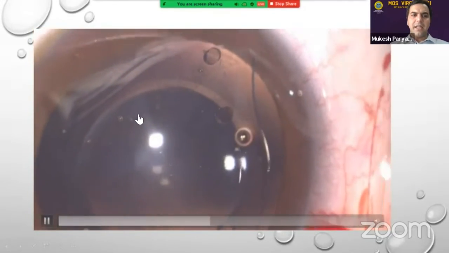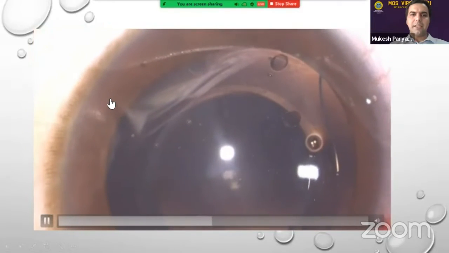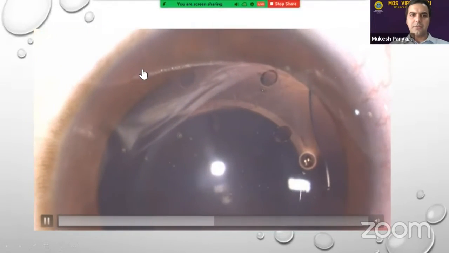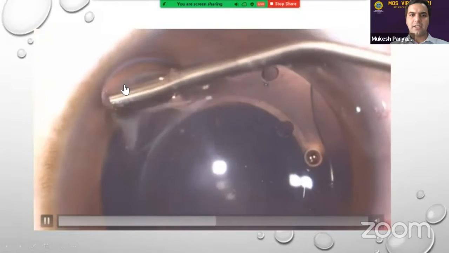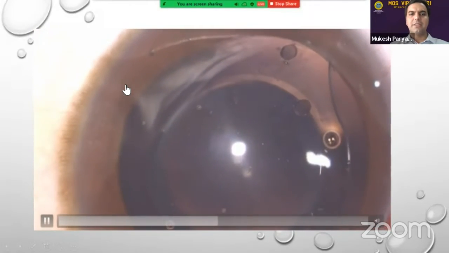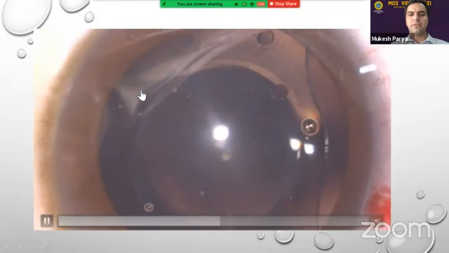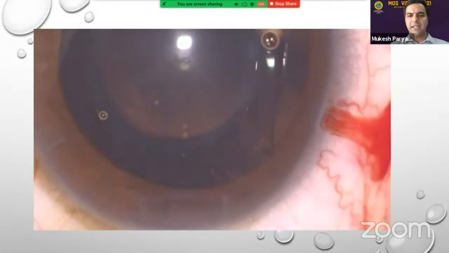So this is under high magnification. I have just done it under high magnification to show this notch here. If you can see on the left upper corner, there is a notch. I'm putting a viscoelastic there just to make sure that the orientation of the IPCL is fairly easy, and on